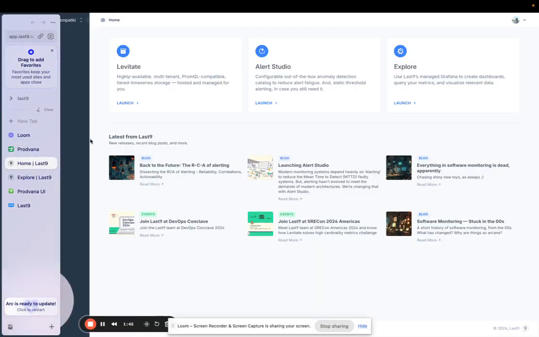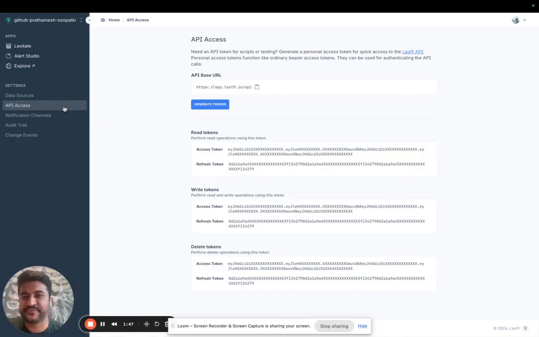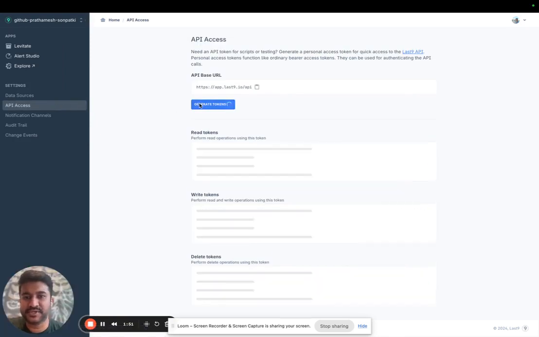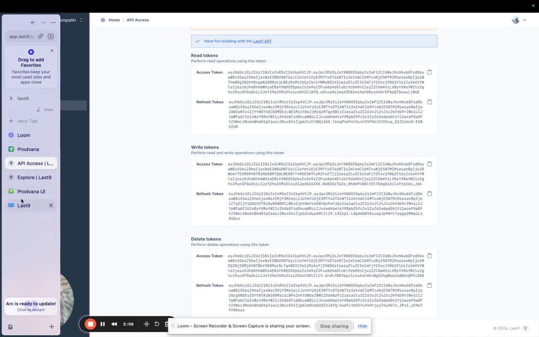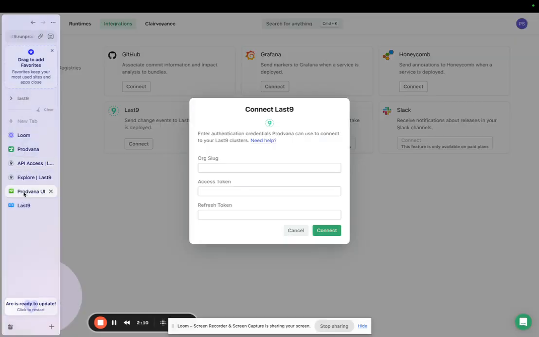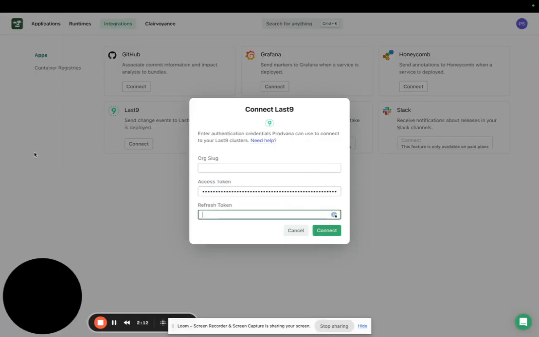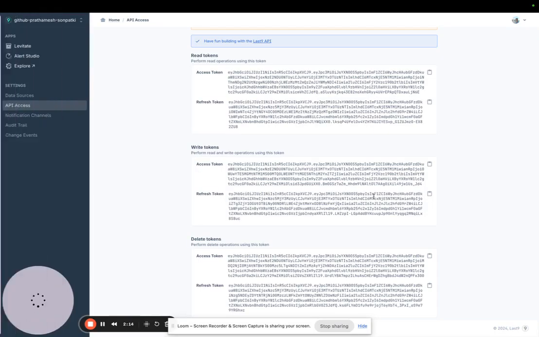So let's go to the Last9 tab. The first thing that we have to do is generate the access token and the refresh token. I'll go to the API access, click on generate tokens, and then it will generate the tokens for me. In this case, because I want to create new change events in Levitate, I will copy the write token. I'll copy the access token and the refresh token first. So let's copy the access token and